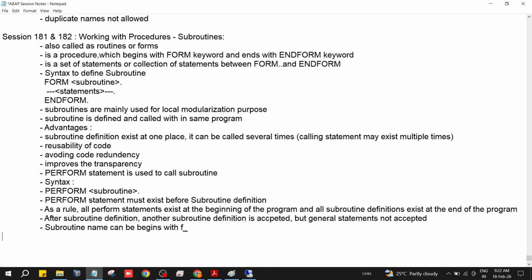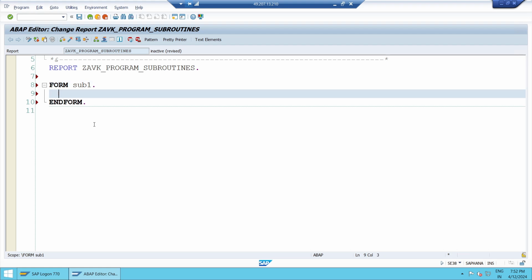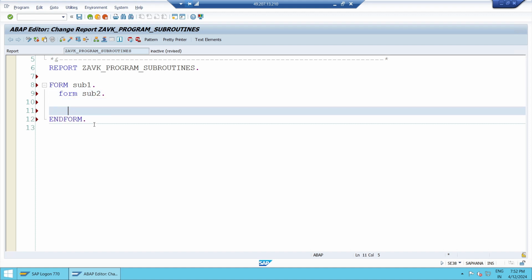But there is no special nomenclature because it is a part of the program. Inside a program, you can go with anything. That's why I just named it sub1. Okay, clear? Then next, in between FORM and ENDFORM,